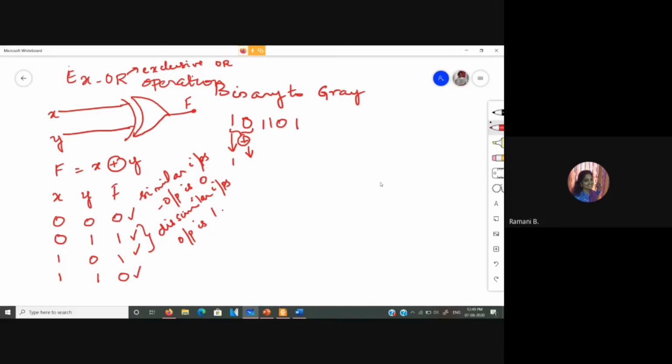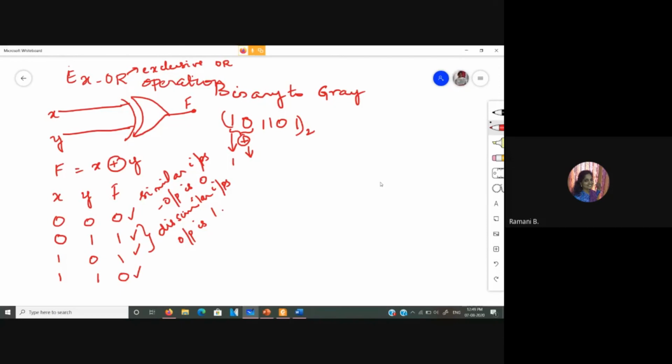Okay, now I have considered a different example in the slide. So let us see this particular example. Here we have 101101. Let this be the binary number, and I want to convert this to gray code. The most significant bit, I said we will be writing as such, so this is written as it is. Now for the second bit of gray code, we need to take the exclusive OR of the first two binary bits, 1 and 0.